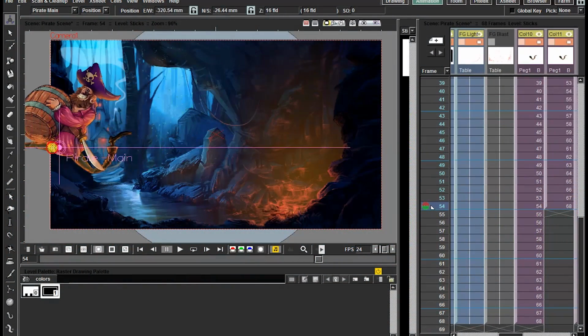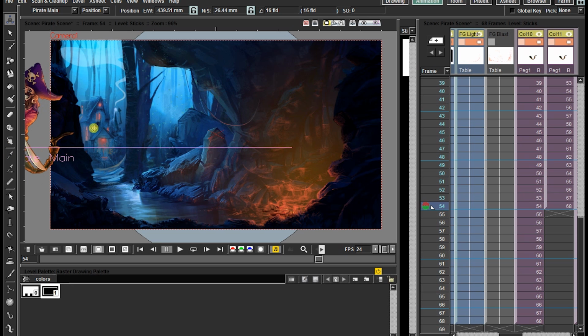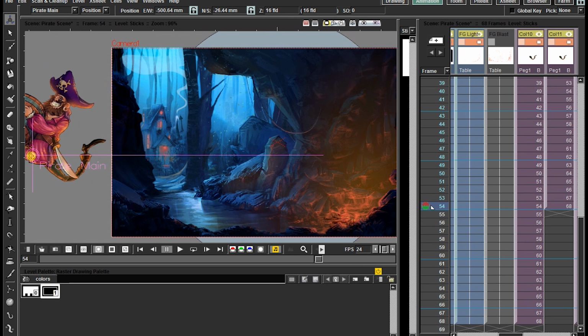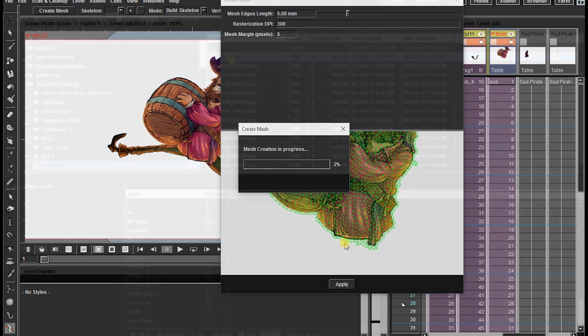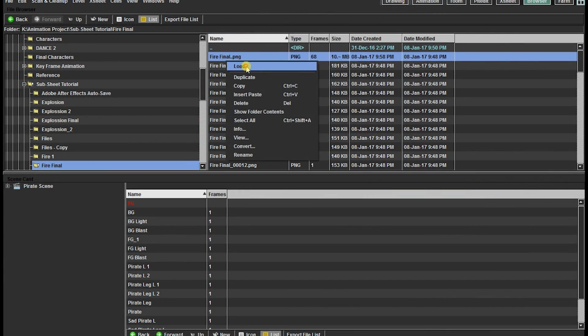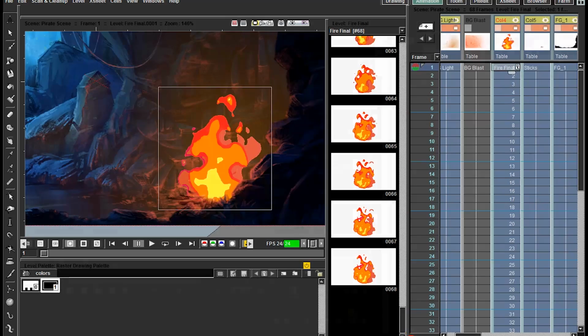So, I have animated this whole scene inside of OpenToonz and I have recorded while I was animating. So there is a lot of things that we're gonna cover today. So in this advanced animation demonstration, we're gonna be learning how to import an image sequence into OpenToonz, some deformation